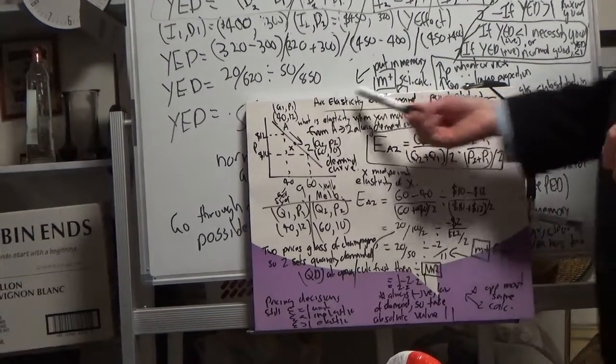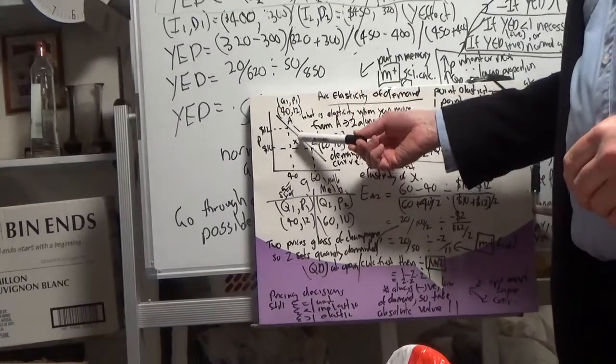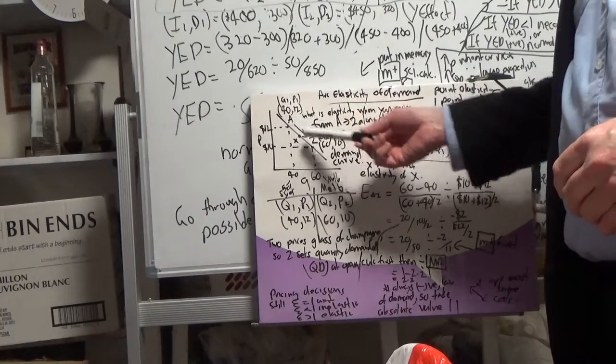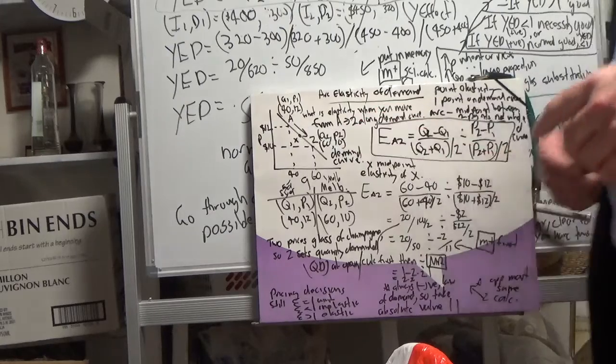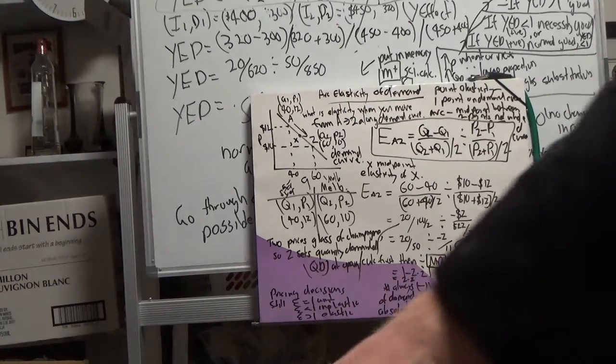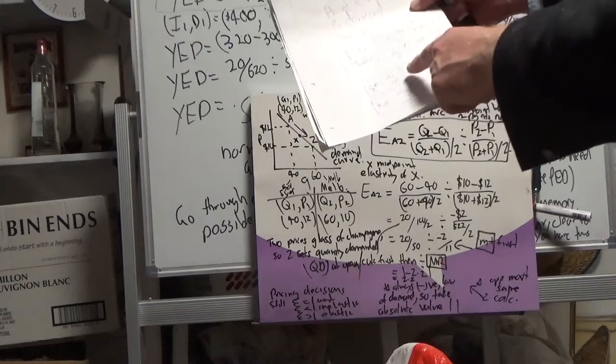So with arc elasticity of demand, again, it's a movement along the demand curve from two points, A to Z, and you're calculating the average, the midpoint. That contrasts with point elasticity of demand. You might have seen this, where